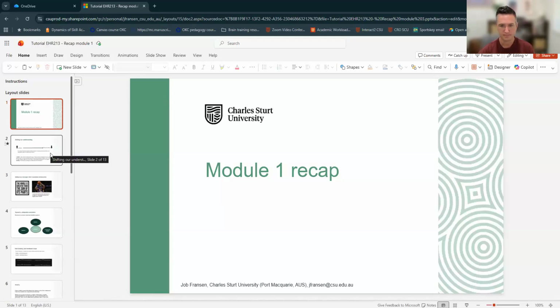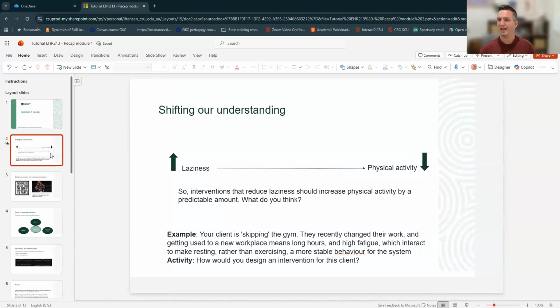Use what you need. So first of all, we said that a large proportion of this subject is about shifting our understanding. The way that it is common for people to think is in this linear and reductionist manner. In fact, even this morning, I had a conversation with a colleague. Most of you would know who Steph Curry is. He was talking about Steph Curry's shooting coach, who constantly says that it's because Steph Curry works with a lot of tennis balls and does a lot of cognitive training that he is so good.